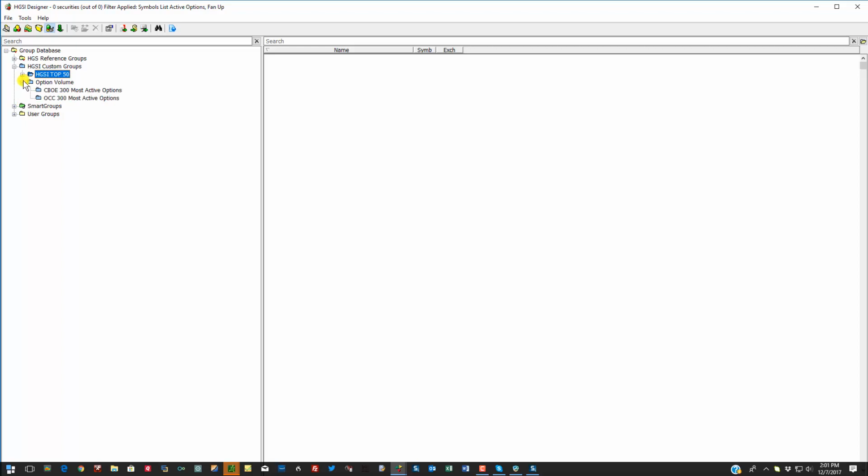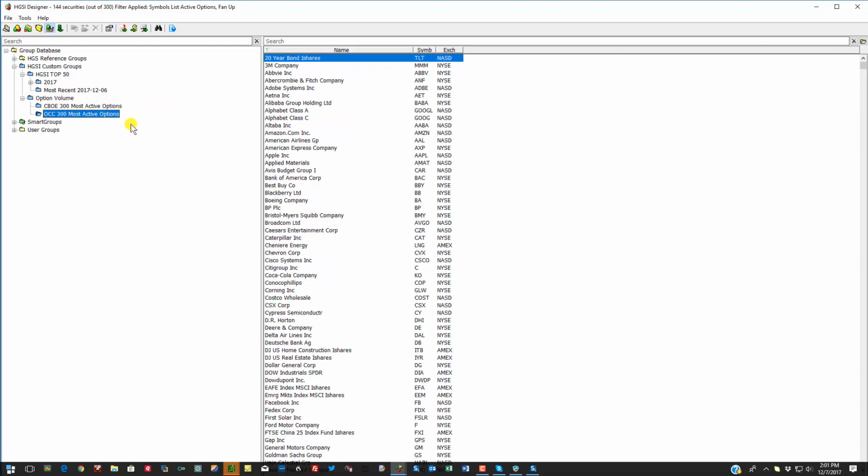If you look at the tree structure here, you're going to see the HGSI top 50 and also the option volume. Now, these option folders are updated every 30 days automatically. Once from the CBOE and once from the OCC, or the Options Clearing Corporation. They contain mostly the same options, but the OCC also has a lot of ETFs, and there's just a lot of activity there. But I wanted to focus exclusively on these two folders, so I used this group member function